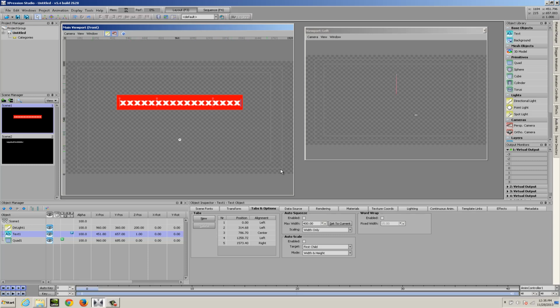Once I've put in those characters, I'm going to use the set to current function, which will measure my current text object and set the max width to whatever this current width is. There you go, 1021. Now if I enable auto squeeze, any text that I enter into that field shrinks to fit. Pretty easy.